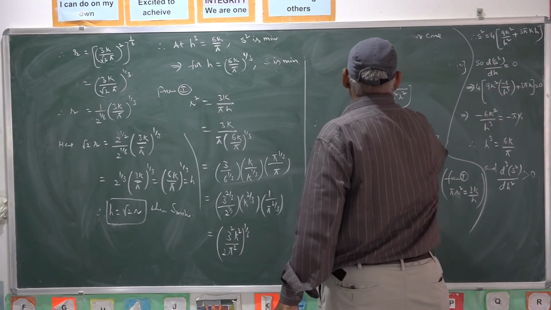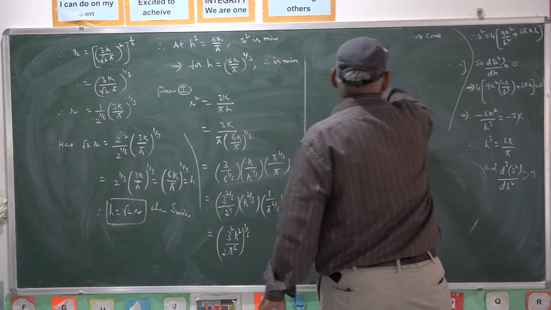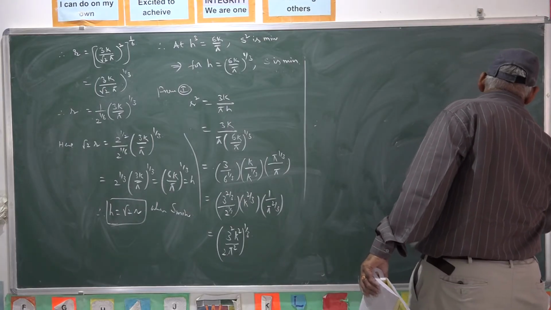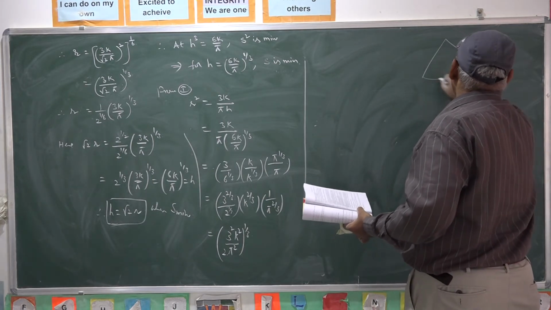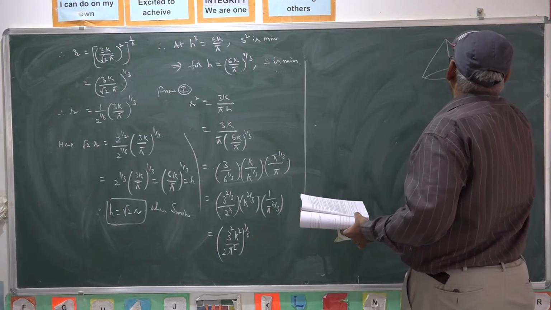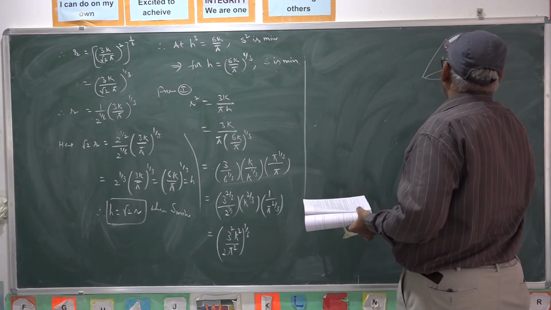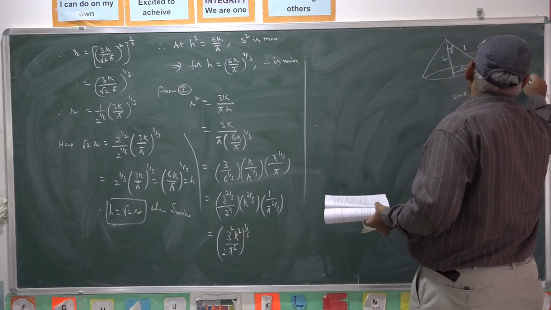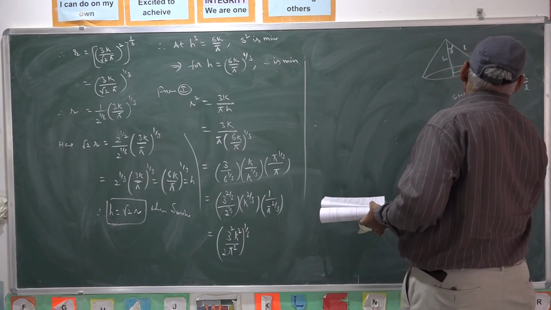You can write it in terms of the semi-vertical angle also. Based on the semi-vertical angle you can prove this too, by taking, suppose this is the cone, this is R, this is H, this is theta, L is the slant height. Taking sin theta we get R by L, cos theta is H by L, so write H and R completely in terms of L.